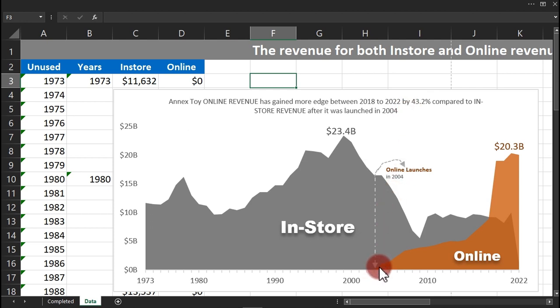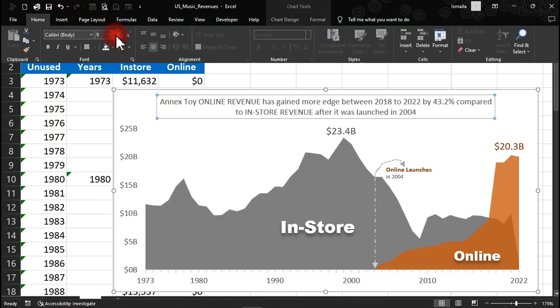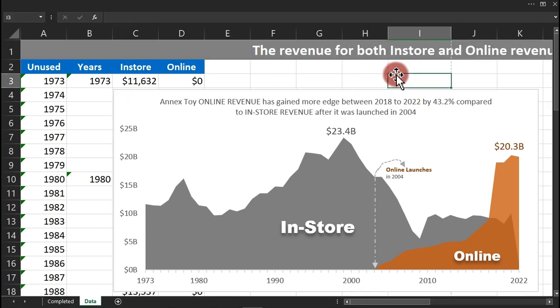You can see it started growing by 43.2% compared to in-store. So what if we can have a way to bring the in together? So now nicely done. Compared to in-store revenue after it was launched in 2004. You get it right now, and anybody who wants to interact with this would definitely know what